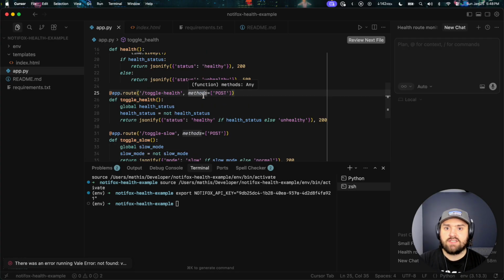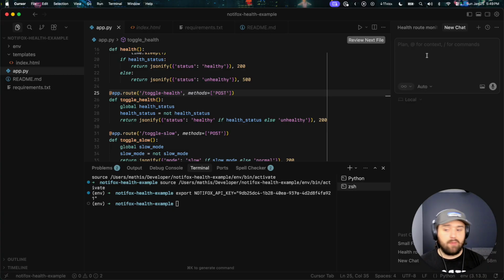We are just going to ask Cursor to create a separate script that will do the health monitoring for us, essentially. So let's go in here and type up some instructions for Cursor. I think it's better if we split it up. We tell it, hey, build us a monitoring system and just log when the unhealthy events are happening. And then in step 2, we can go back and say, hey, now integrate this with Notifox. I think that'll work better. It will probably be able to do both at the same time, but then I wouldn't have much of a